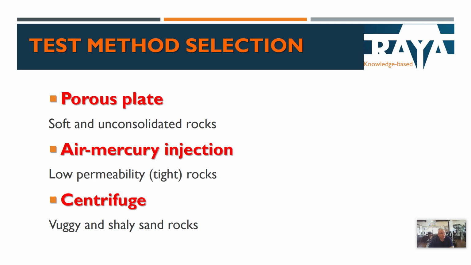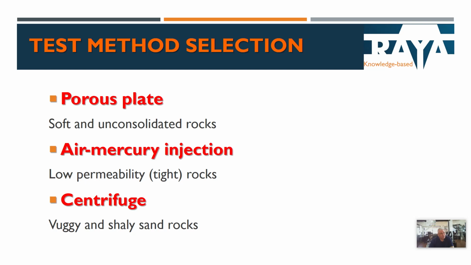The pulse plate is measured in the laboratory and usually used for soft and unconsolidated rocks because we work with low pressure, and it gives us very accurate results because the fluids we are using in the laboratory are the same fluids we have in the reservoir, which are brine